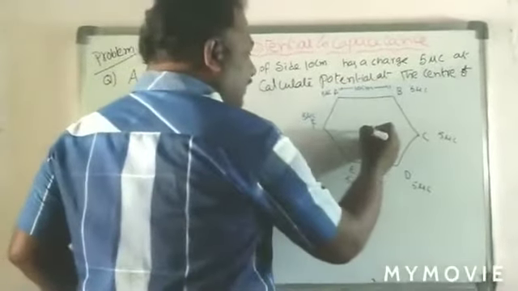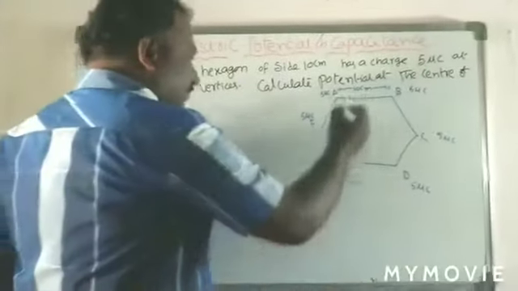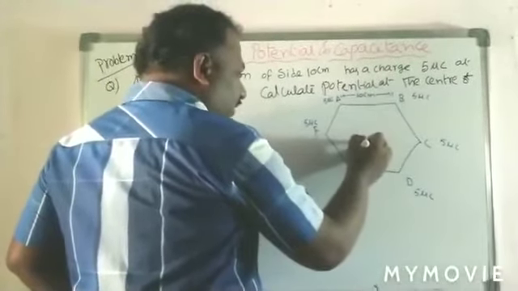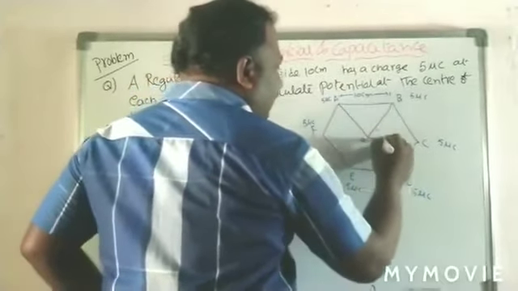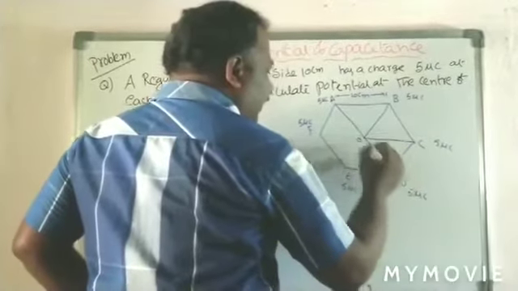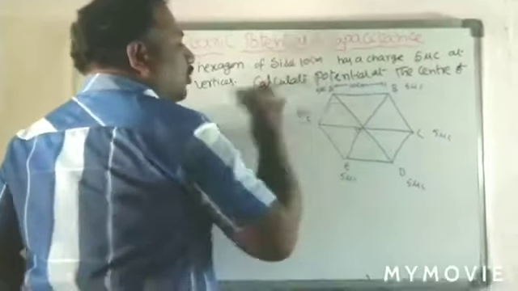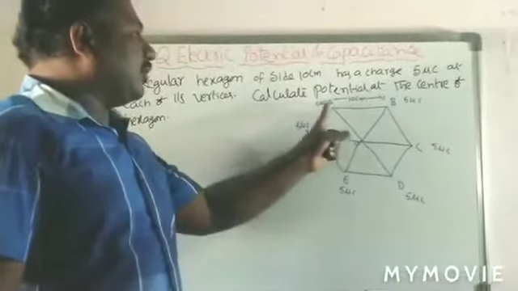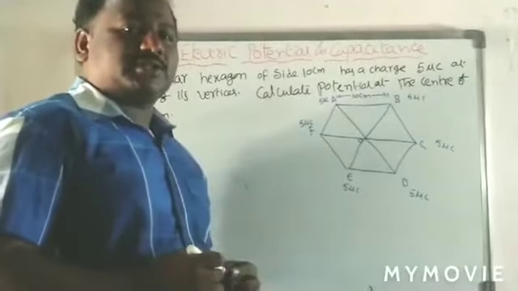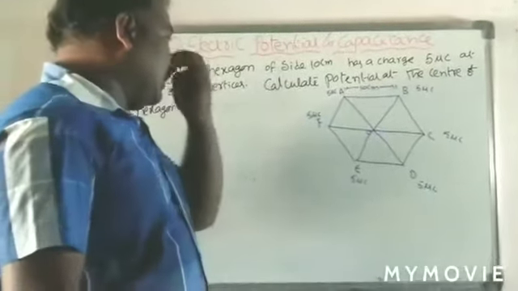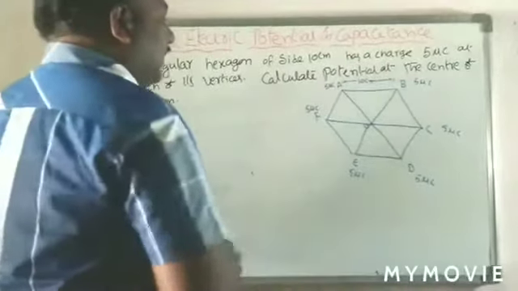Now here it is the center. We have to find what is the potential at the center. I assume this point is O. So like that, these are the distances between the center and the points. If you know the length OA, we can find the potential due to A. If you know the length OB, we can find the potential due to B. So like that, we can calculate the required values. For the calculation of that, see here how to solve.